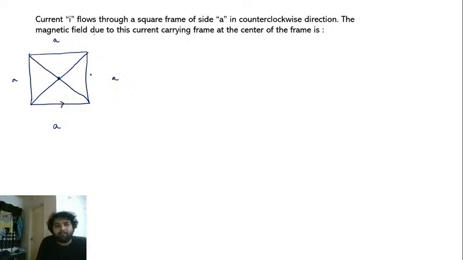So current is flowing in anti-clockwise direction. मतलब current I, let's take, is flowing in this particular direction. So what is the perpendicular distance? If you drop a perpendicular, ये पूरा A है, तो ये कितना होगा? R perpendicular will be equal to A by 2 ना, क्योंकि यहाँ पे एक A by 2 है, ये ऊपर एक A by 2 है, दोनों मिलाने से टोटल A आएगा. Getting it? So R perpendicular will be equal to A by 2. All right. And we know the two angles subtended, 45 degrees and 45 degrees. तो इसमें अप्लाई कर दो.